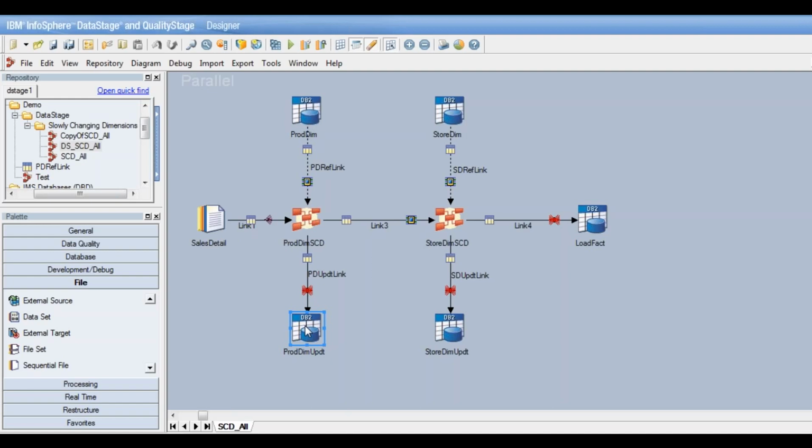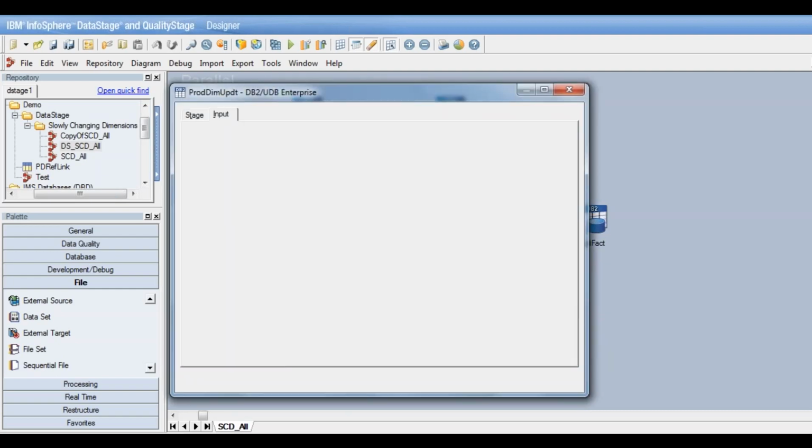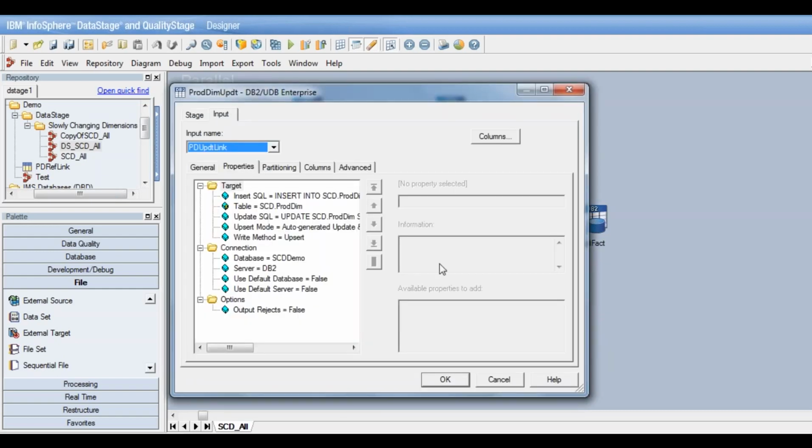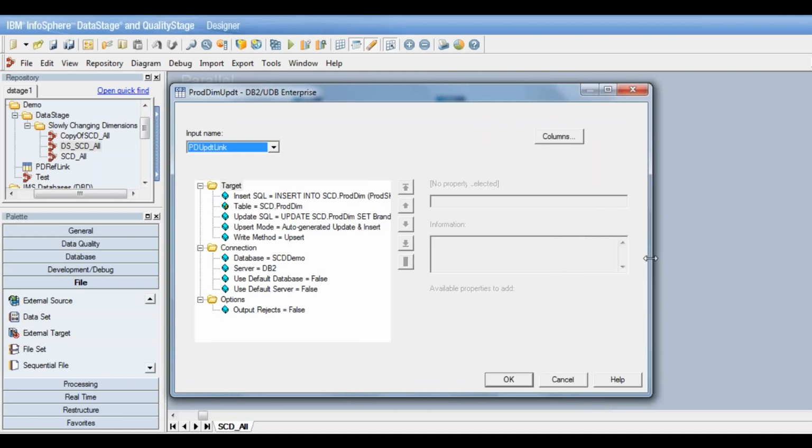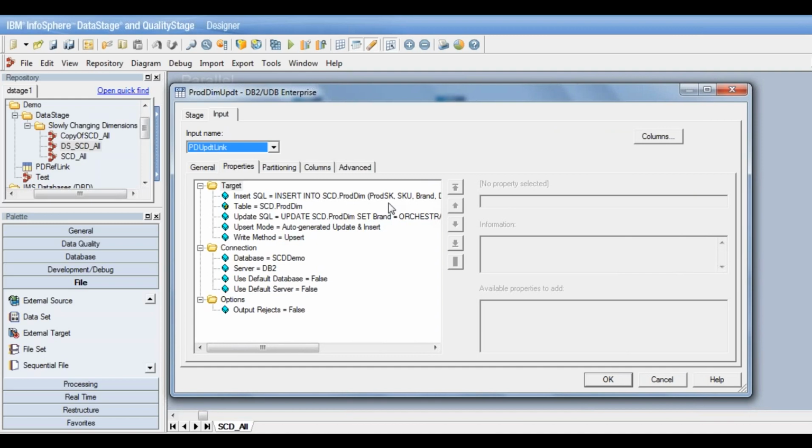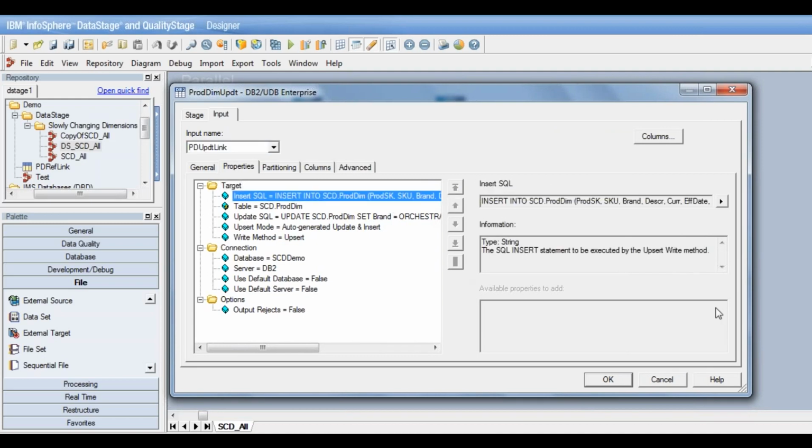And while updating through the update link that came out of the SCD stage, if we look at this link, it will have separate update and insert statements. So this is an insert statement.